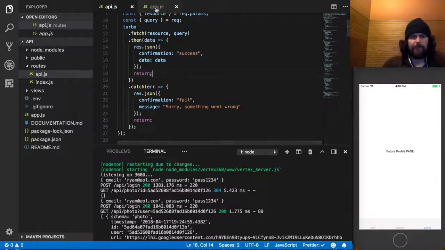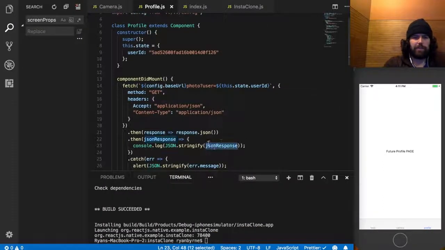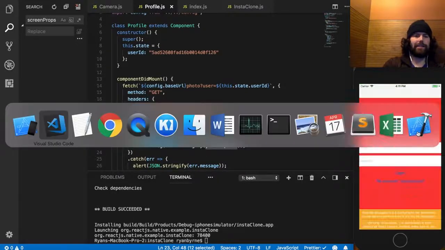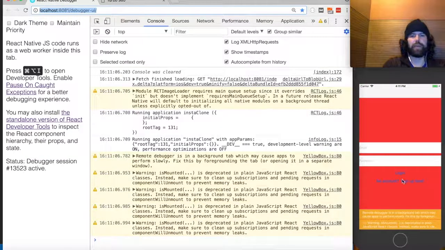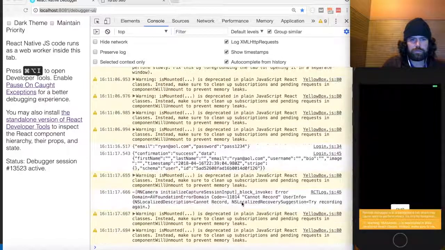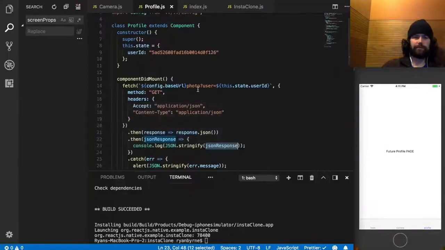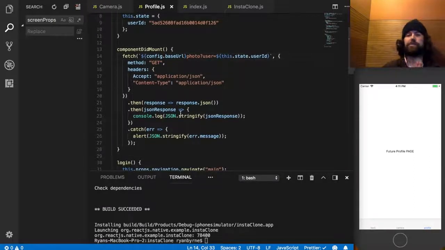All right, so let's just save this, and let's see here with this JSON response what that looks like. Are we getting this data back? So pull up your debugger now on the client side. And we get confirmation success. Again, we literally just wrote this method on the back end and data with all our data. So what we're going to do is take this array of data, and because we're not into Redux land yet, which is okay,